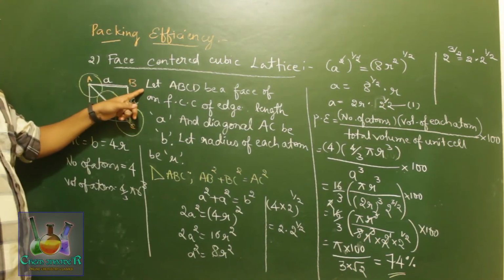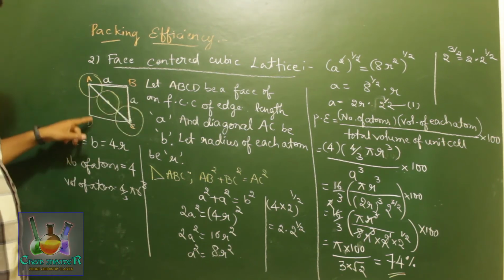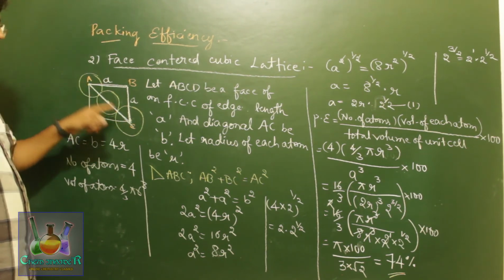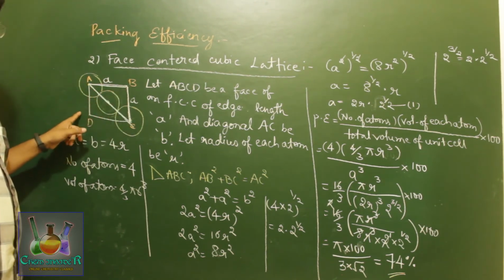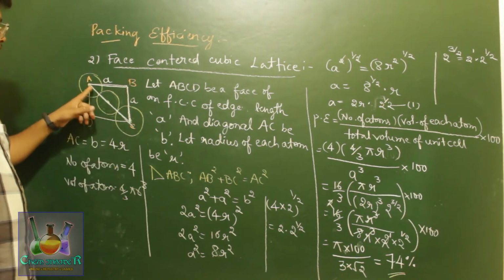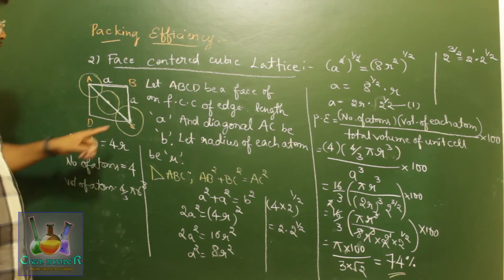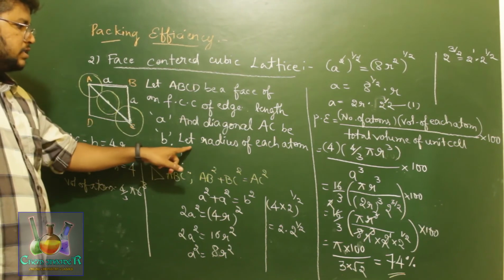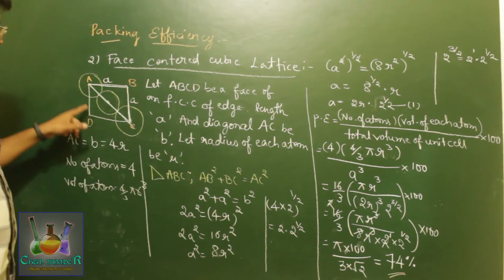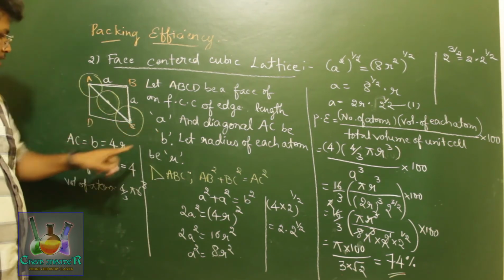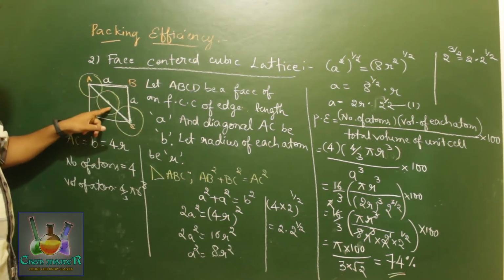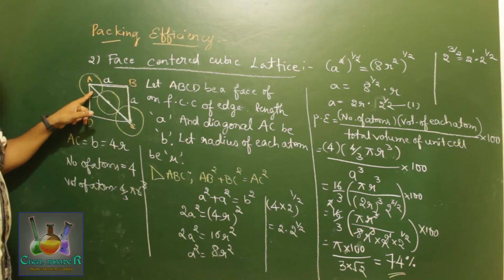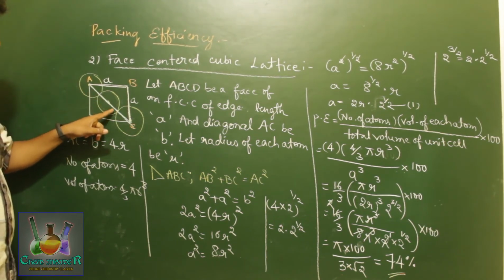If we consider one face of a face centered cubic lattice ABCD, it has one atom at the center of the face and two atoms at the opposite corners. Similarly here also, but we are going to just ignore those two and we'll consider these two. So there will be three atoms in a linear diagonal manner. So if we consider edge length A and diagonal AC as B and considering a radius of each atom as R, from the figure we can say that AC diagonal, that is B, will be equal to diameter of one atom and radius of two atoms, 2R plus R and one more R over here and one more R over here.